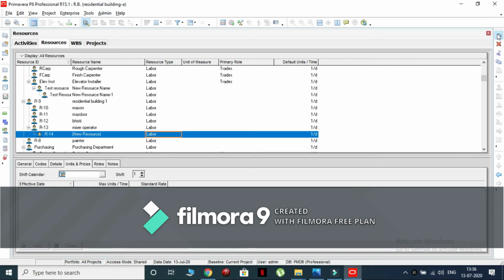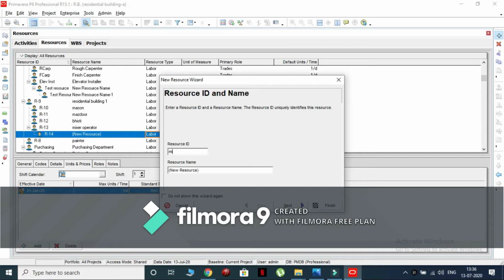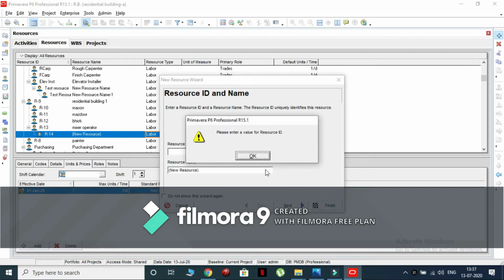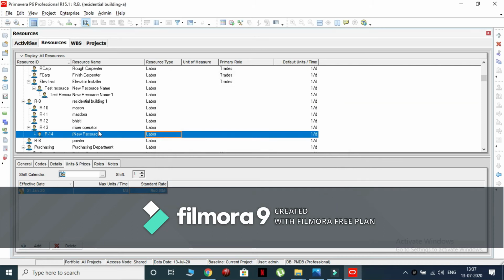Again click on add icon. Select the resource type of mixer as non-labor.